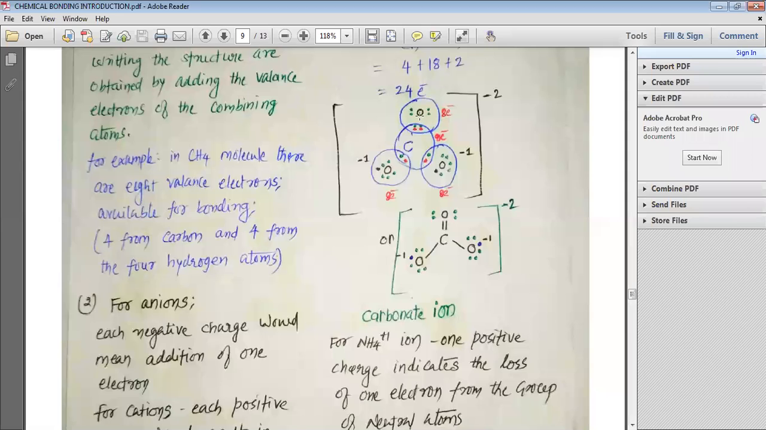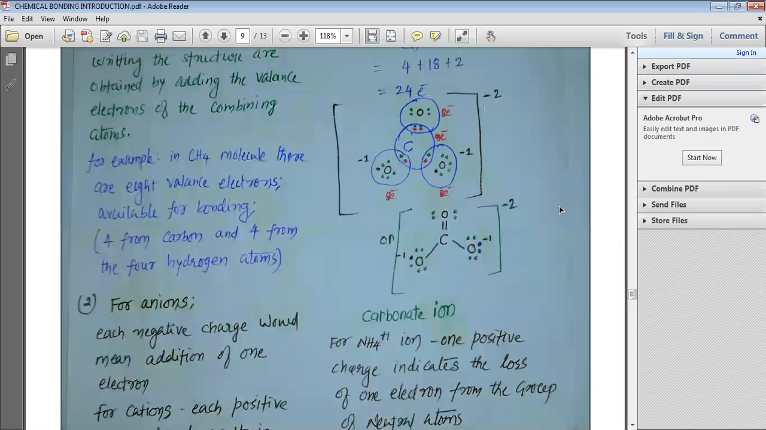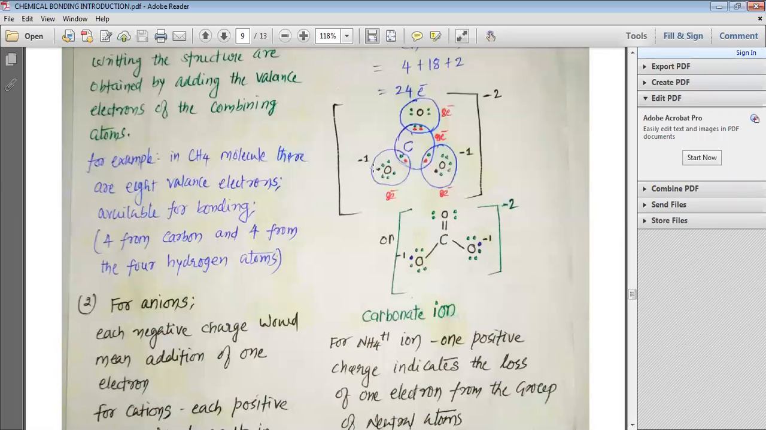So now let us count these 24 electrons, my dear students, so that you can understand it well. Let us start from here. 1, 2, 3, 4, 5, 6, 7, 8, 9, 10, 11, 12, 13, 14, 15, 16, 17, 18, 19, 20, 21, 22, 23, 24. So this is how, my dear students, you can see that I have explained this extra additional electron with